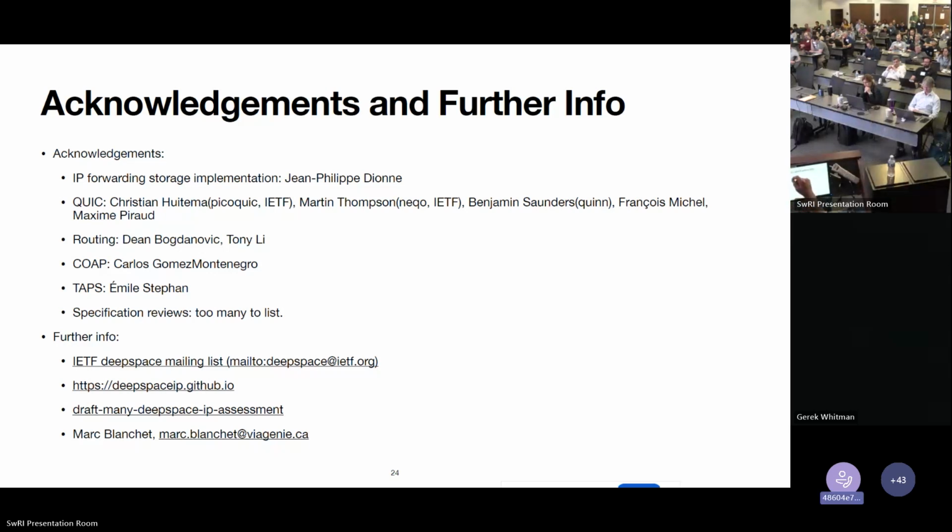What you have to understand is that IP will already be on the Moon. For example, Nokia with Intuitive Machines is sending a 3GPP antenna, and 3GPP works over IP and provides IP data services. So you would have an IP network on the Moon and around it.